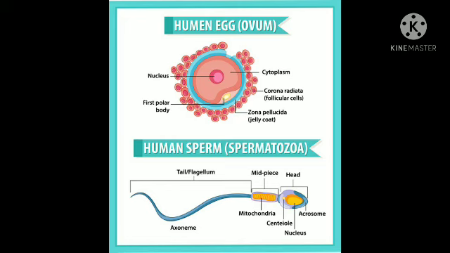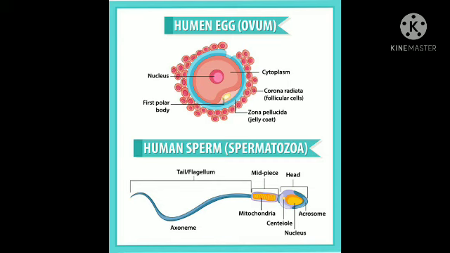Next we come to the middle piece. It lies behind the neck. It is cylindrical in shape. It carries the mitochondrial spiral, which provides energy for the movement of the sperm. Next is a layer known as nebenkern, which is present around the proximal part of the axoneme. The mitochondrial spiral makes it the powerhouse of the sperm. The middle piece is known as the powerhouse because in this area a number of mitochondria are present.